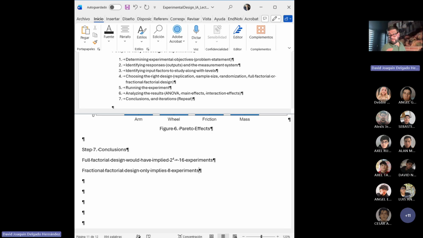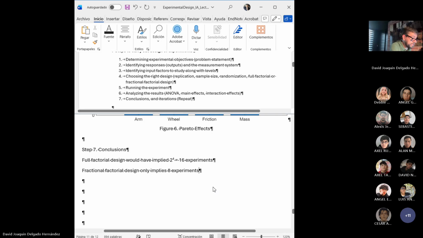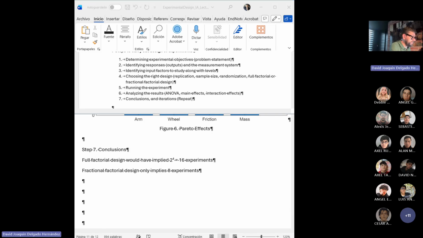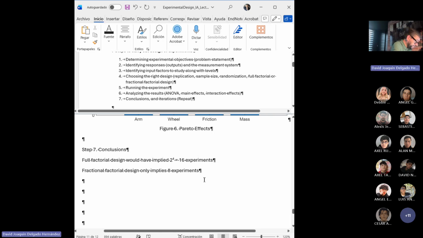So if I don't have so much money, if I don't have so much time to carry out experiments, I can always run a fractional factorial design, okay? Fractional factorial design. Okay, so this is perfect